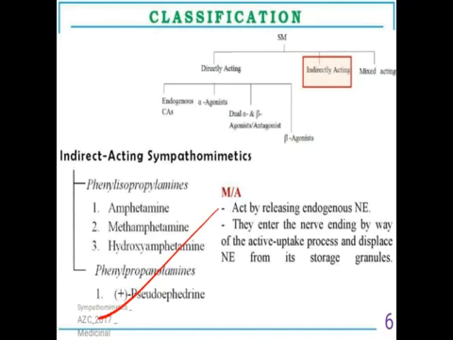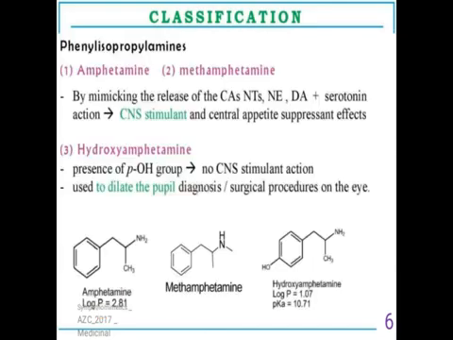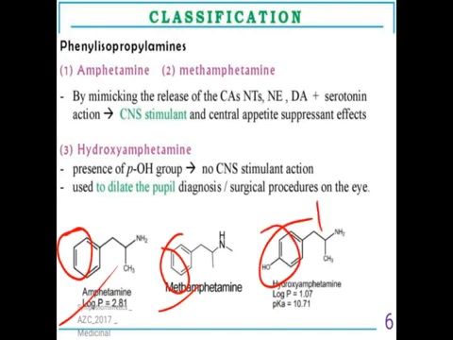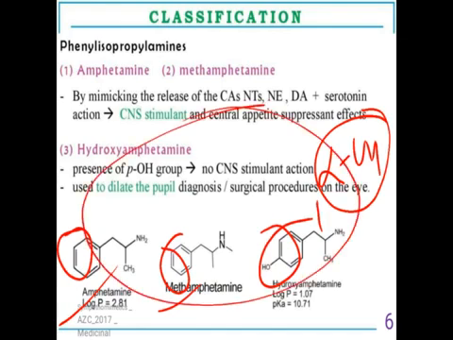phenylpropanolamine. As they lose the catechol nucleus, they become the indirectly acting agents. You can see the structure of amphetamine. There is no hydroxy group in amphetamine or methamphetamine. Here there is a hydroxy group, but it lacks the alpha hydroxy group. So in all three structures there is no alpha hydroxy group, and the catechol nucleus is also not present in their structures. That's why, instead of being alpha and beta selective, the drug becomes more indirectly acting